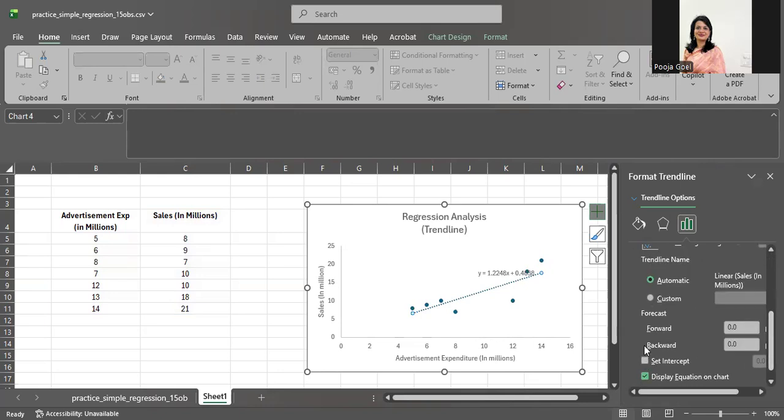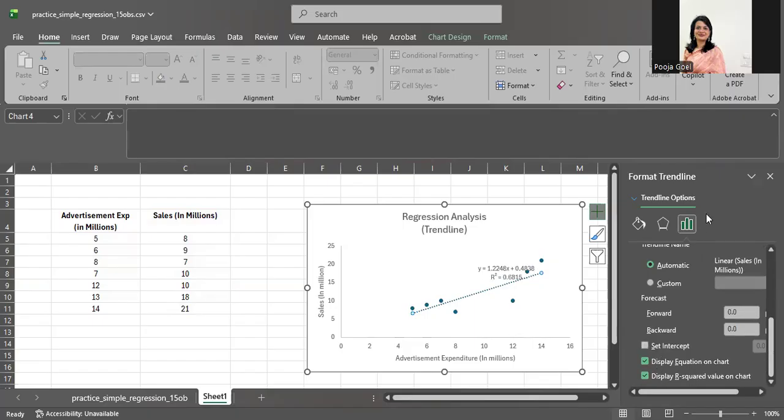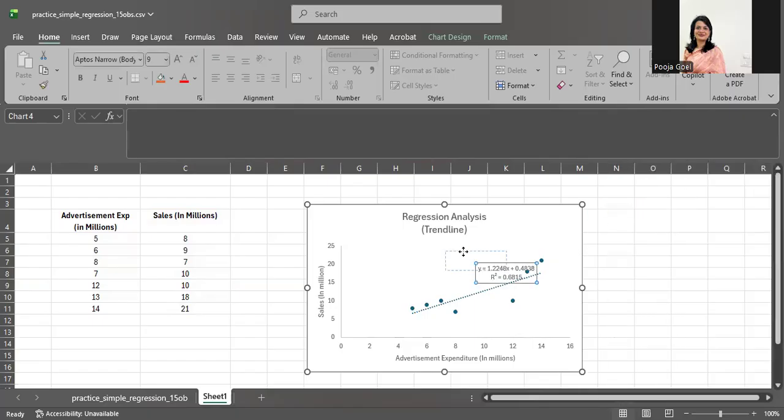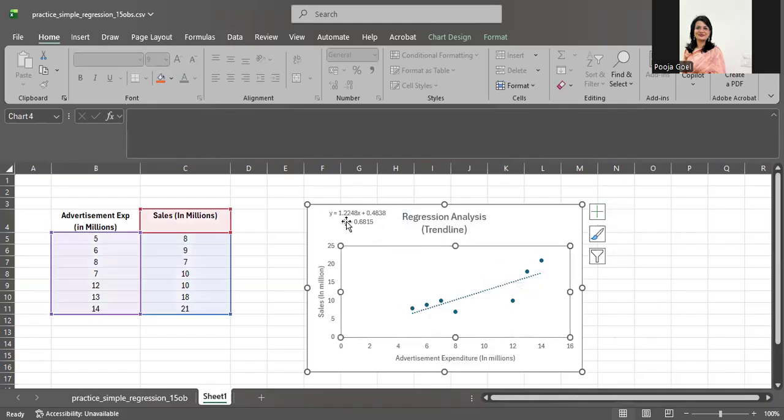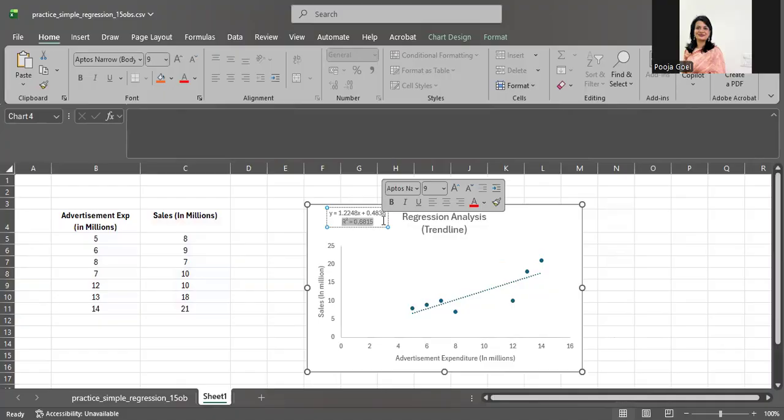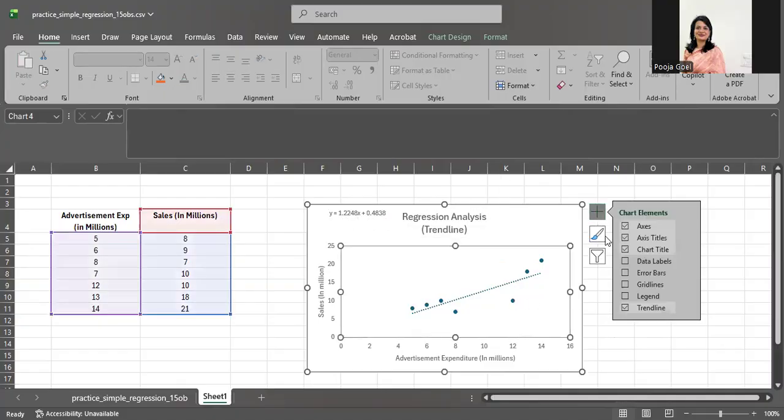But right now, I am just putting it like this. So this is how to show your information on the chart, or you can just take it from here and show it somewhere else.